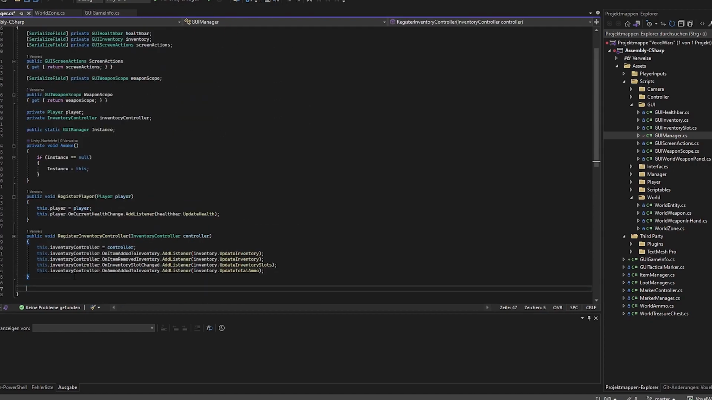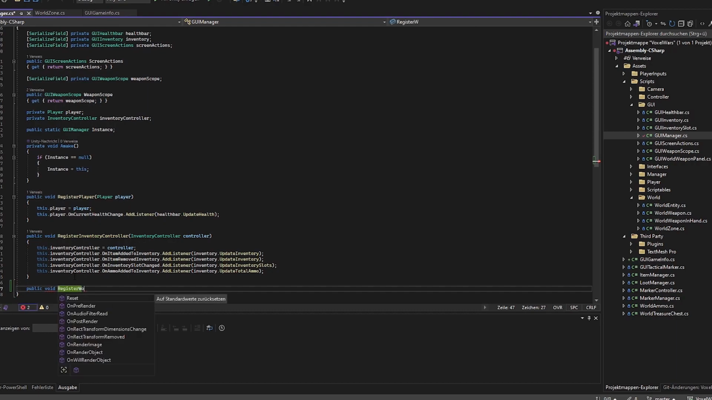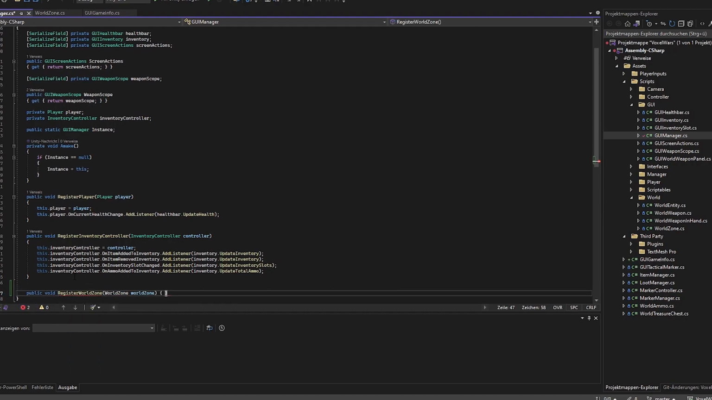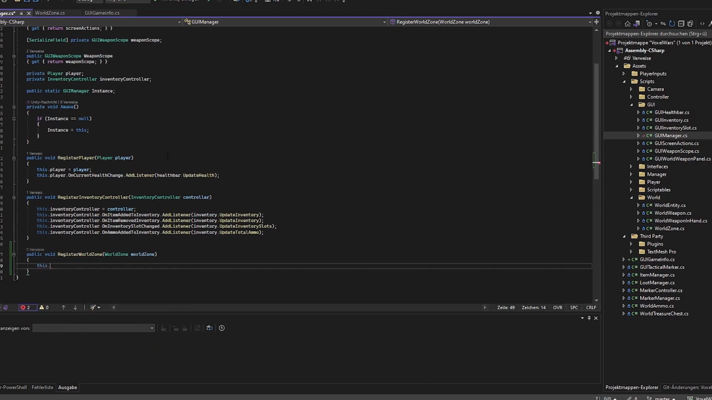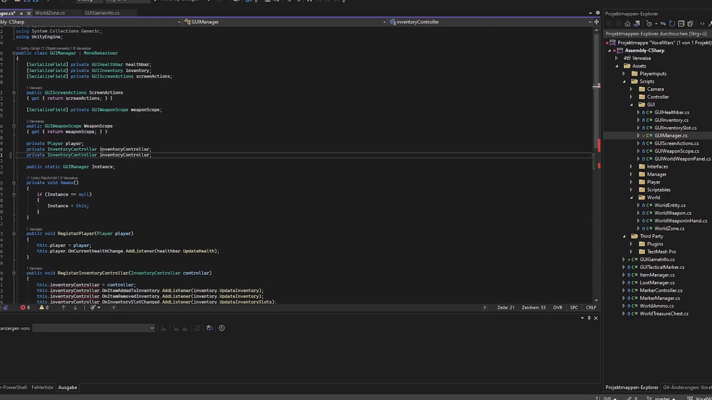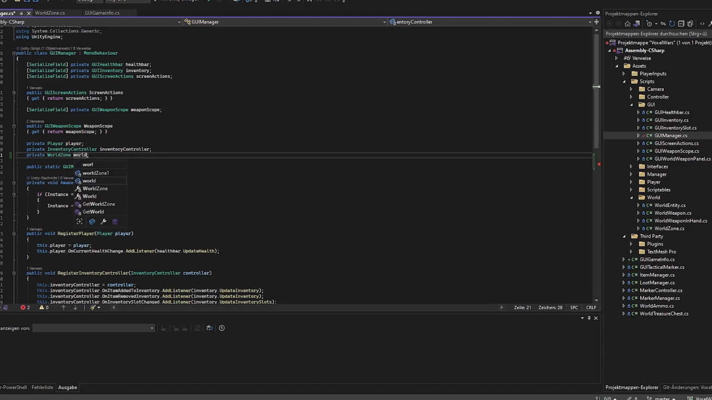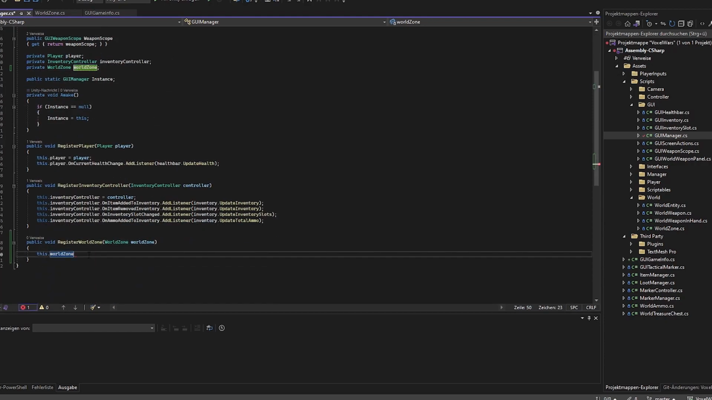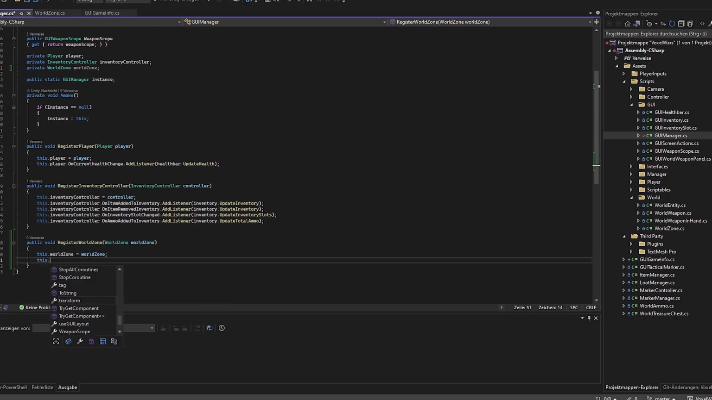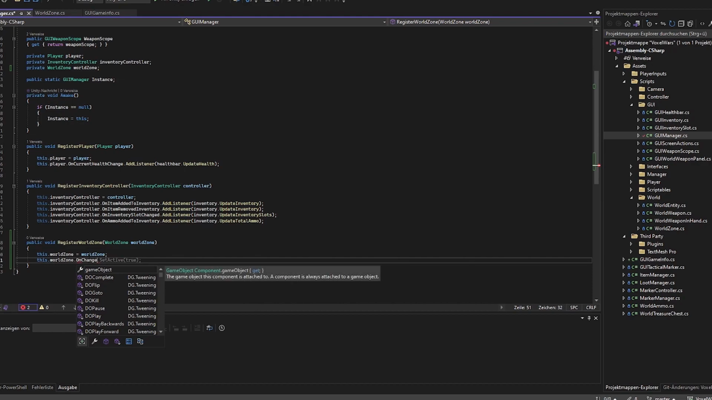So what we do now, we just create a new script calling it public void register world zone, and then obviously the world zone is getting passed, and then we have this world zone, because the world zone is also right here, and we have this world zone equals world zone, and then we go for this world zone dot on, and then we can say on change